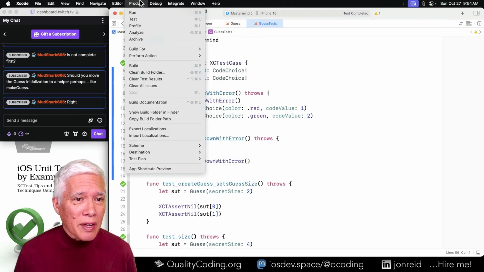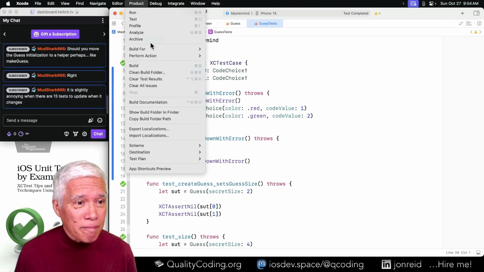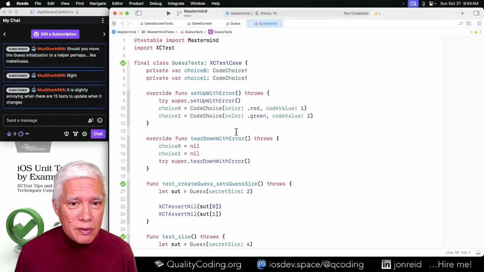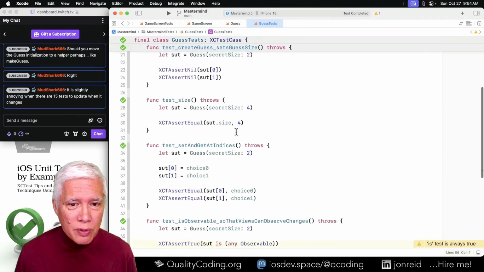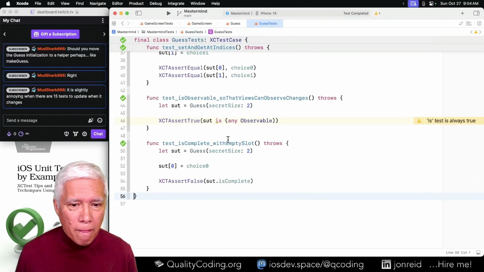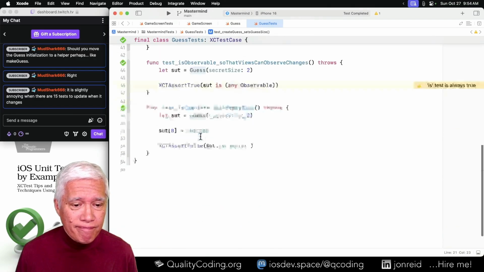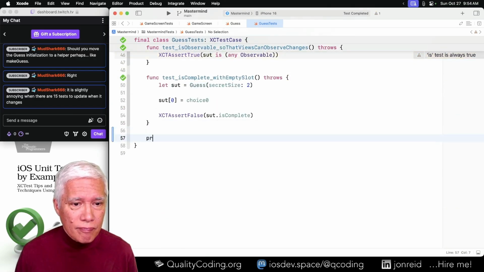It's not that I don't like the idea, it's that I don't normally do that. Yeah, exactly. So, if we extract make guess, or make SUT even.